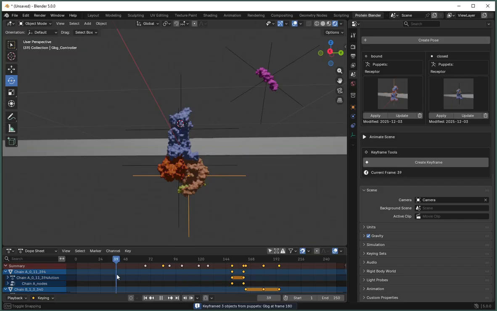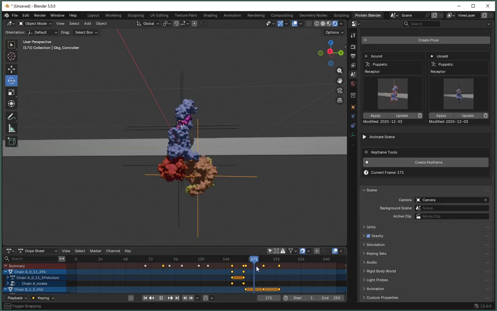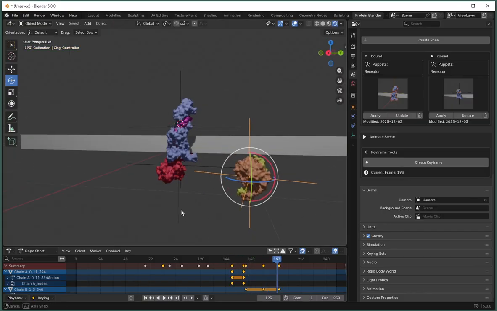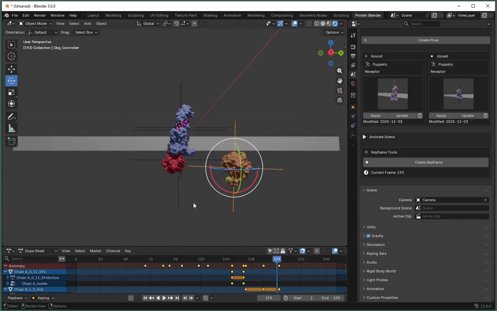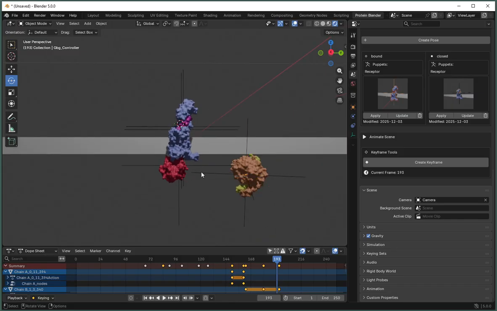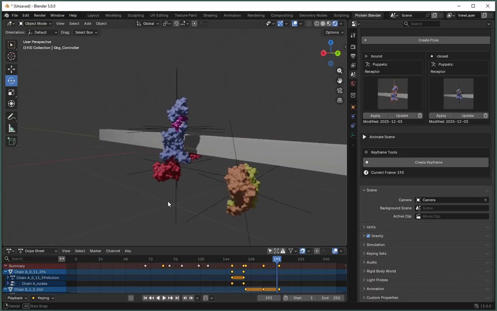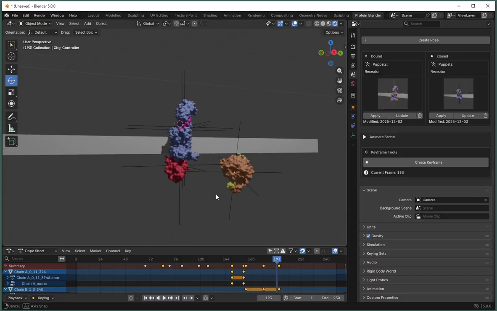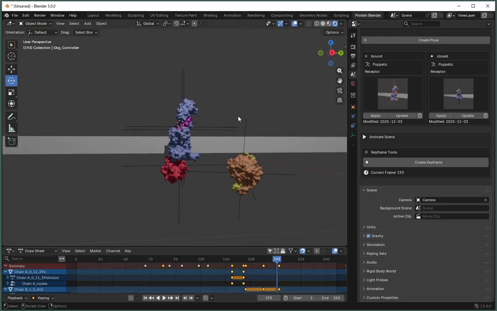All right, so this is basically our full animation. We have GLP-1 binding to the GLP-1 receptor, G alpha activates, and G beta gamma moves away. So we're basically ready to render at this point. And so to do that, first, we might want to fix the lighting. It may appear a little dark by default, so if we want to change the lighting, what we